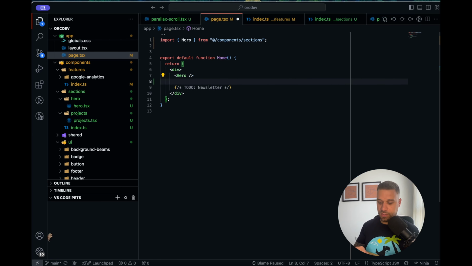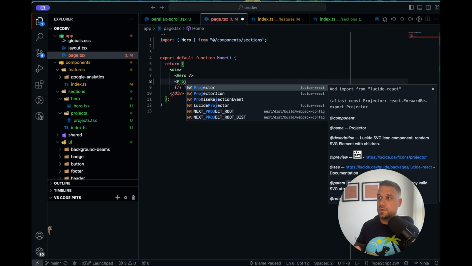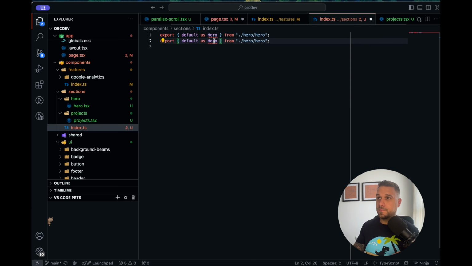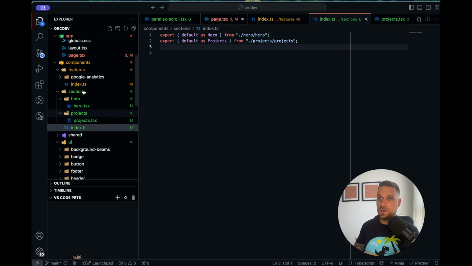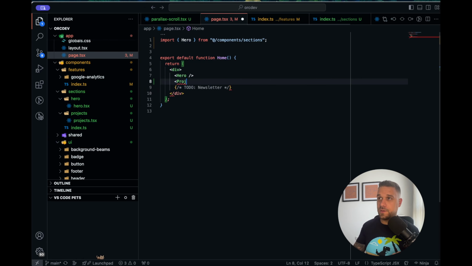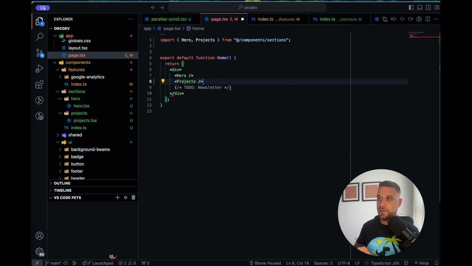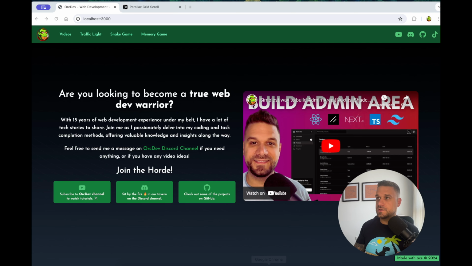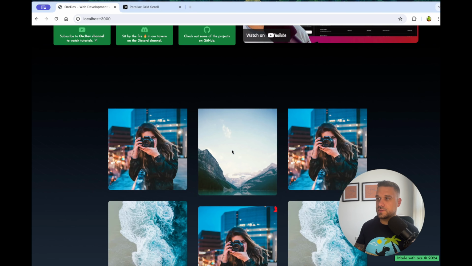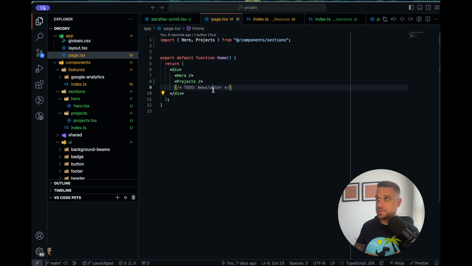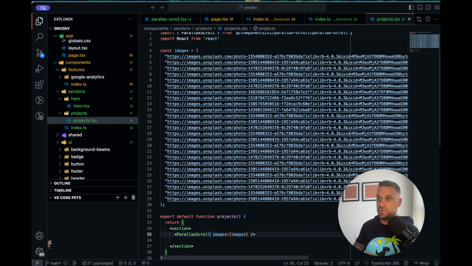So now we can here call projects. Oh, okay, we didn't put it here inside the export projects, and here projects like this. And now inside the page projects like this. Okay, let's see if it's working. Refreshing the screen. Okay, we have our project section there, and now we need to do a little bit of